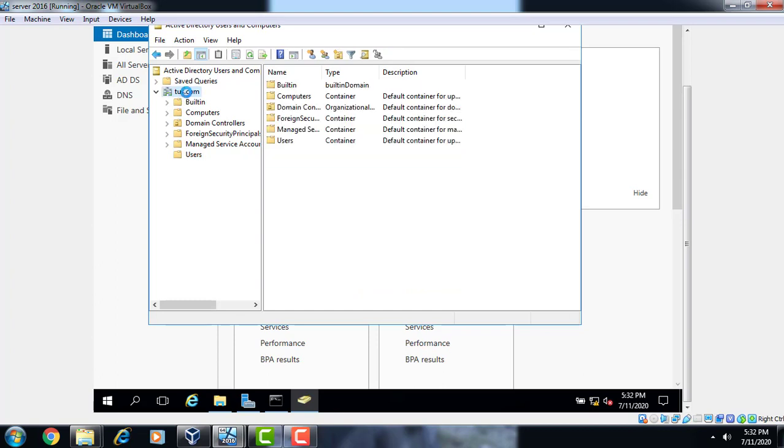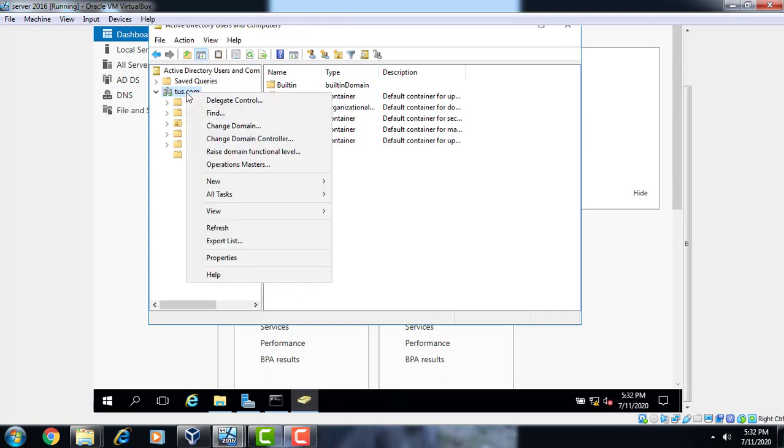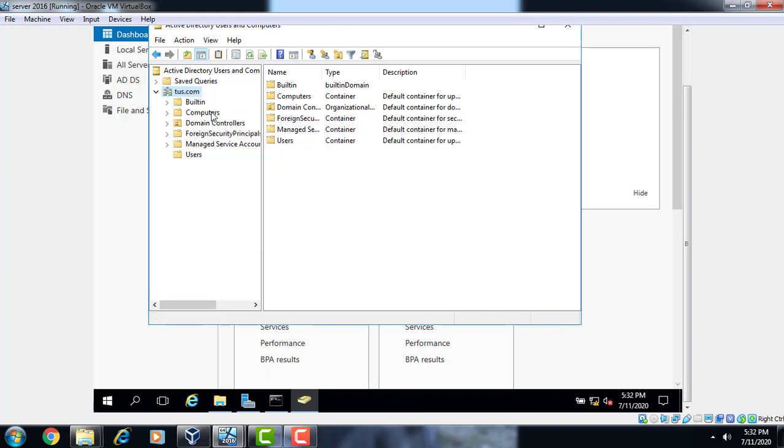If you have more than one user, then you can find the username by using find.